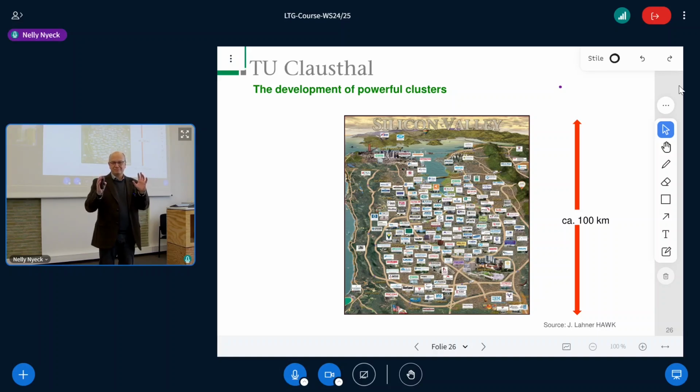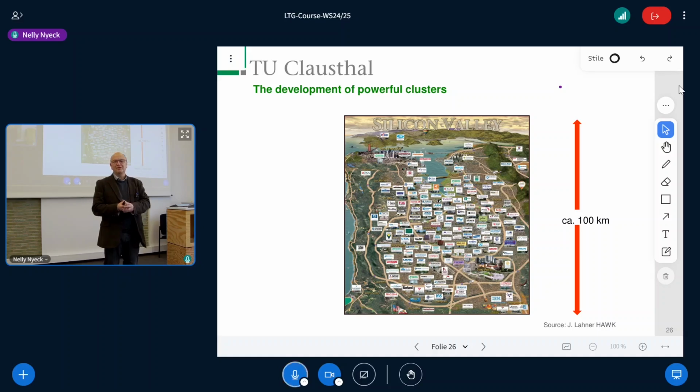If you are beyond one critical mass, everybody wants to go there because you learn from each other, you have complementary activities, and you can generate people that you need for your development and for your production. So this is normally the blueprint for every cluster. Everybody looks at Silicon Valley and says, okay, how did they do that? Of course, they had one big